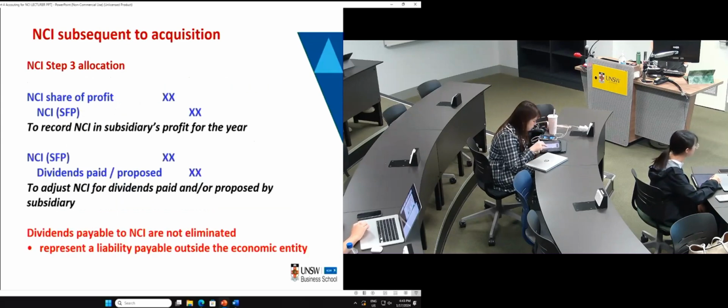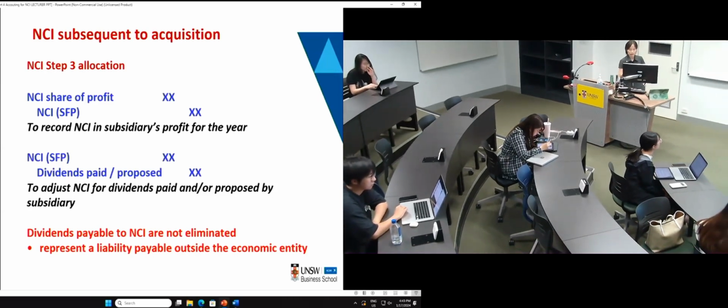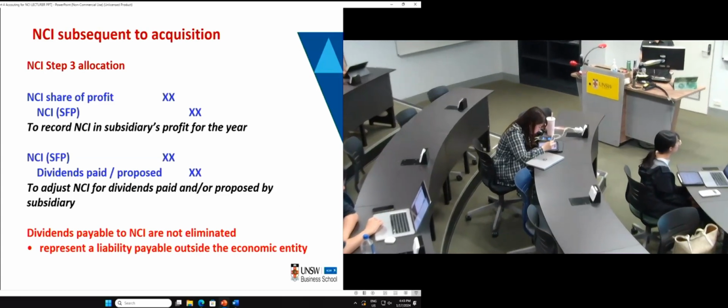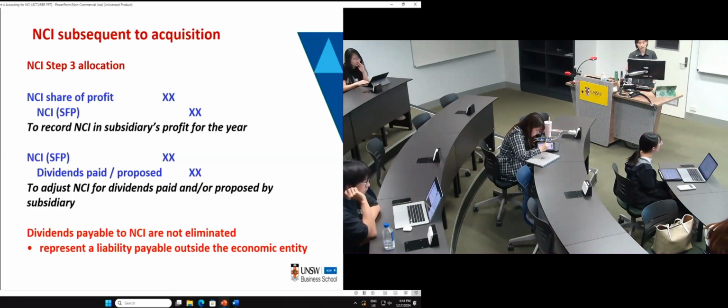All right, now, so if there is a profit reported by the subsidiary and NCI record the share of that, so we debit NCI share of profit, credit NCI. Now, what if we recognize NCI share of subsidiary's loss? Then we debit NCI, okay? So if there's a loss reported by the subsidiary and NCI records share of the loss, then you debit NCI and credit NCI share of loss. Okay? Now, when subsidiary pay out dividend, its equity reduced, therefore NCI decrease. So definitely a debit, okay? So NCI decrease. But in compensation, these parties receive a cash dividend from the subsidiary. Okay? It's more like a return of their investment.